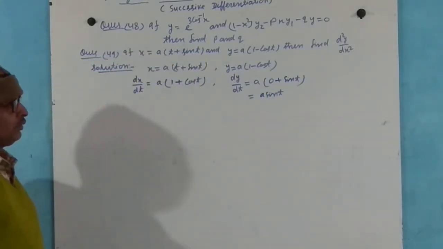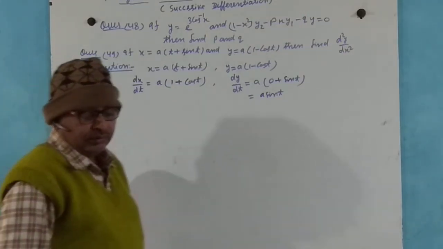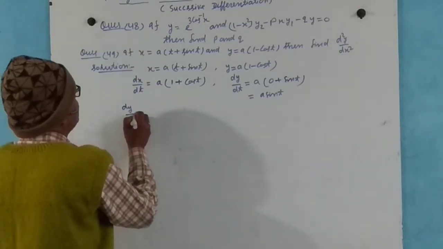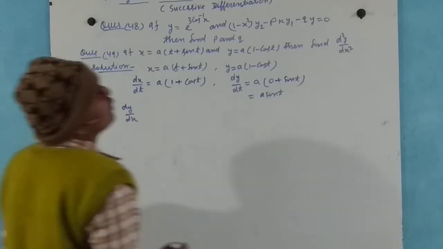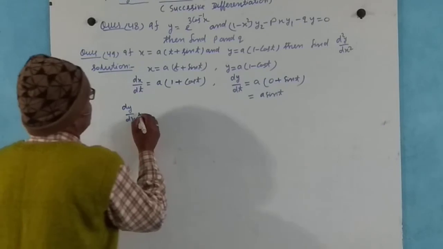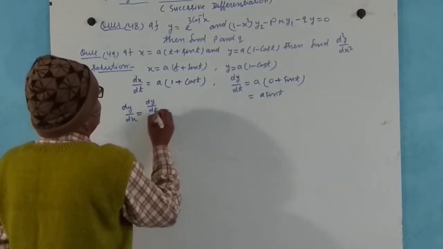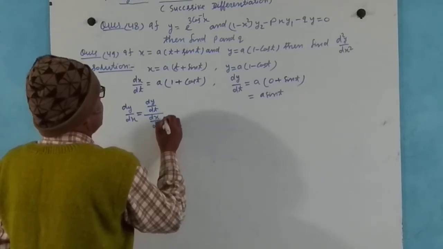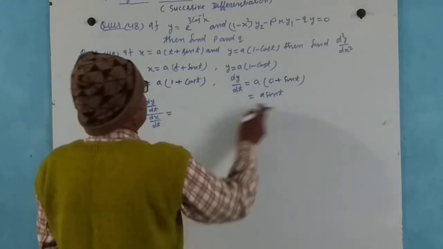Now to find the value of d2y by dx2, dy by dx equal to dy by dt divided by dx by dt. dy by dt equal to a sin t